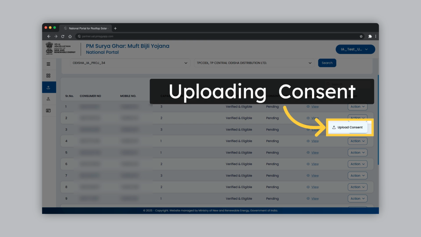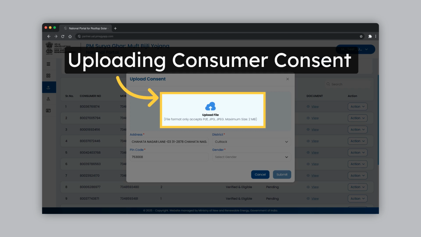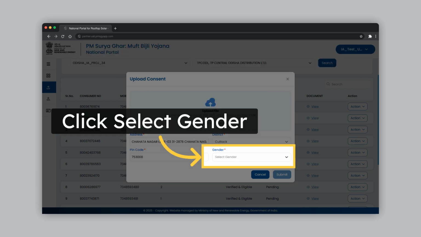Once consumer consent is accepted, you can deactivate a particular consumer application by clicking on Deactivation under the same action button. Once you select to upload the consumer consent, you will come to this screen, where you have to upload the document. You can upload an image or a PDF file through this option. And then select gender from the drop-down list since it is a mandatory field, and then click on the Submit